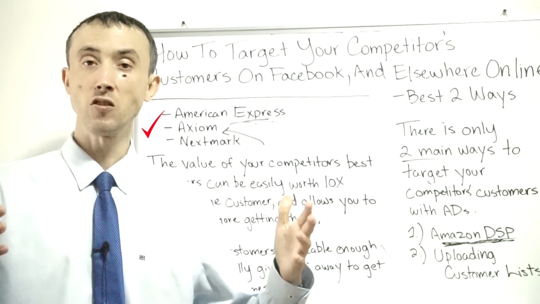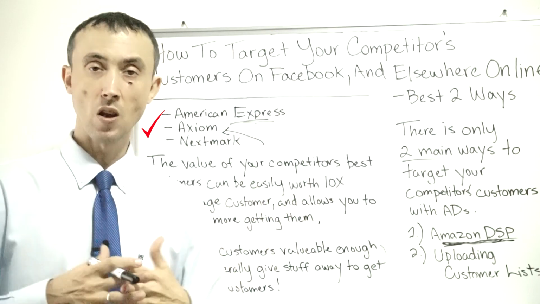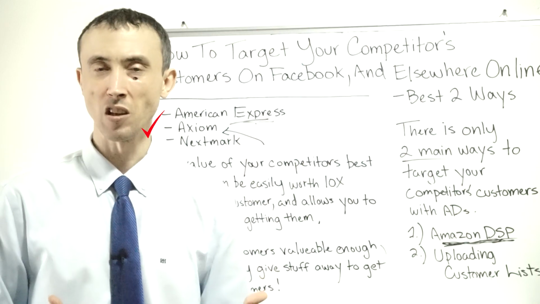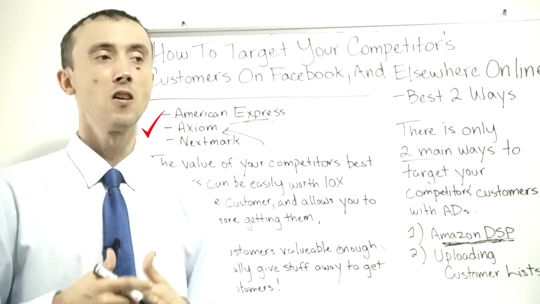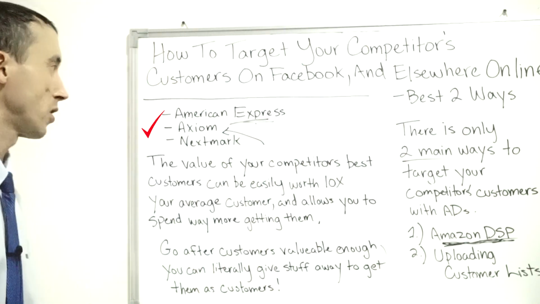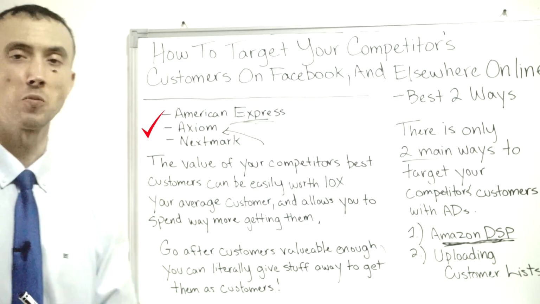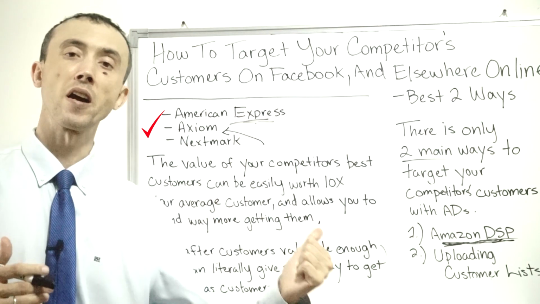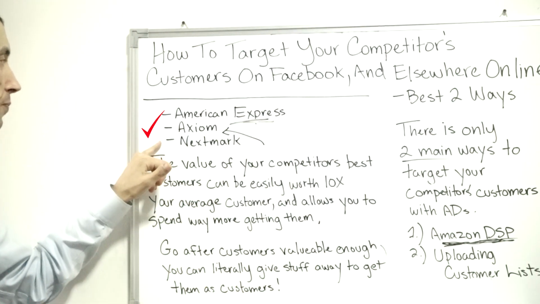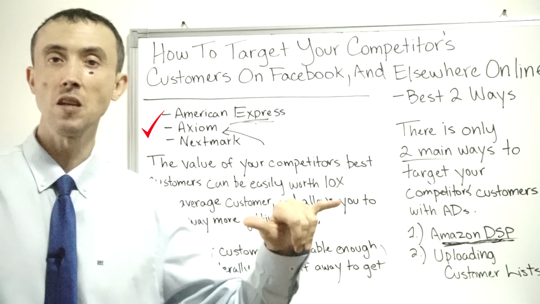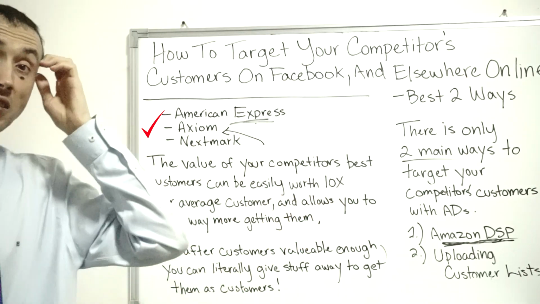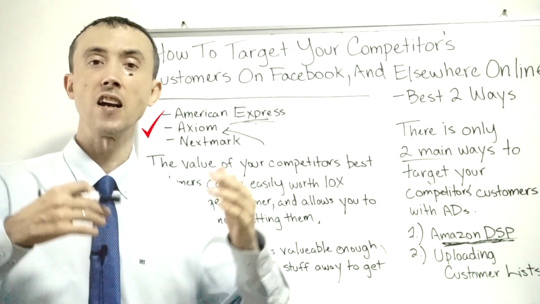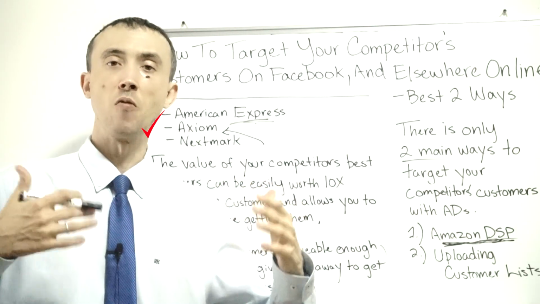So if you're in a fairly mainstream niche, like equestrian products, and that would be about as niche as you can get and still find a list there. You can get it through them directly, so you don't have to go through Axiom, American Express, which is more difficult. Going through Nextmark is much more simple, so I would recommend that first. But we're talking about anywhere from 10 cents an email address to a couple bucks an email address, depending on what type of customer data you're looking at.